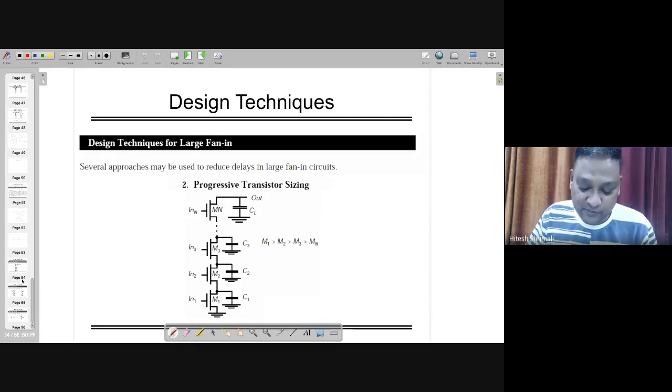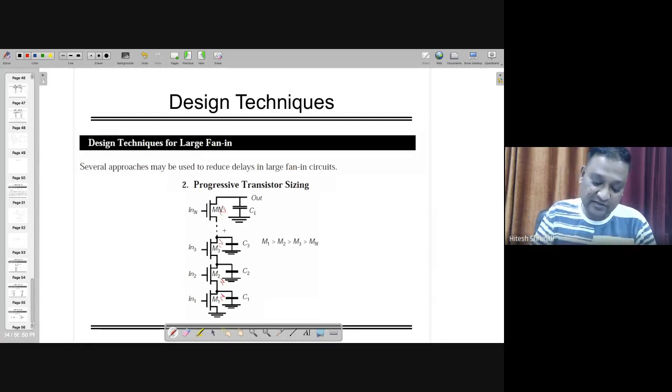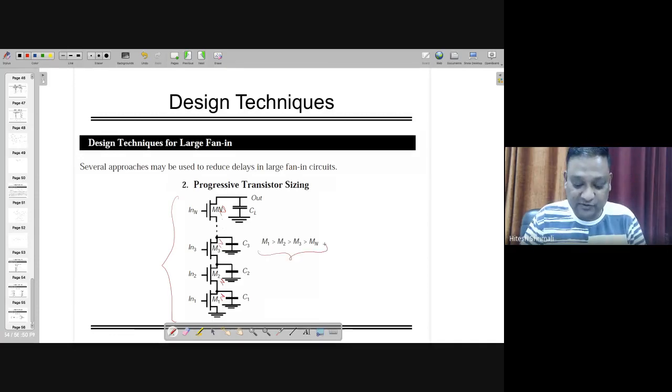The next thing is to progressively increase the transistor size. That is also one of the ways, if you are not keeping all of them in equal ratio. As I told you, I was keeping all as equal, maybe if there are mn, then I'm keeping n, n, and n, all in such a series combination, equivalently it's going to give me 1. But instead of doing this, if I make progressive transistor sizing, what is going to happen is,